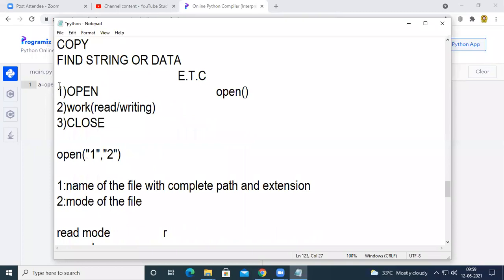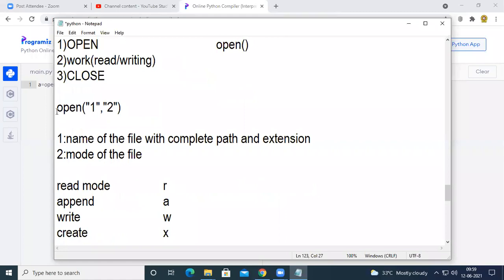Okay, so first, let us look at how to open a file. In order to open a file, we use the function called open in Python. For that open function, we have to pass two parameters. What is parameter number 1? It is the name of the file with complete path and extension.